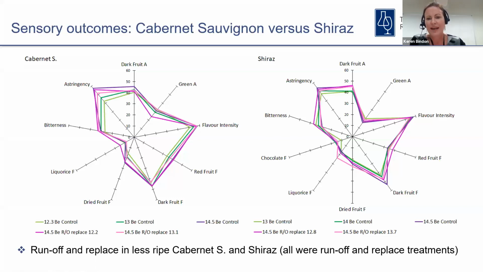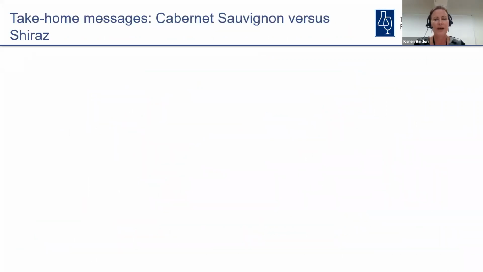However, all that said, and please take a look at this again, the overall changes in the sensory properties were less significant than found for the previous trial in Shiraz that I've mentioned. And so really, when we're looking at less ripe fruits, what could probably justify a water addition without causing strong differences in the sensory properties. So just to look at